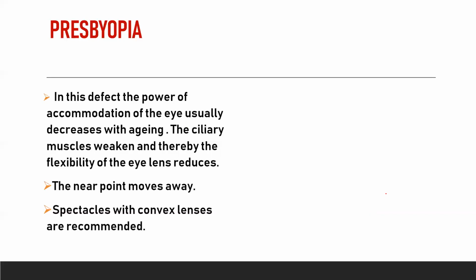One more thing: some people use a bifocal lens, right? That is for the person who has both defects. Both defects means they are not able to see things kept far away and not able to see things which are very close, right? In that case, we use a concave lens and a convex lens together, which corrects both problems. So I hope you were able to understand the defects. I hope you have understood whatever I told.